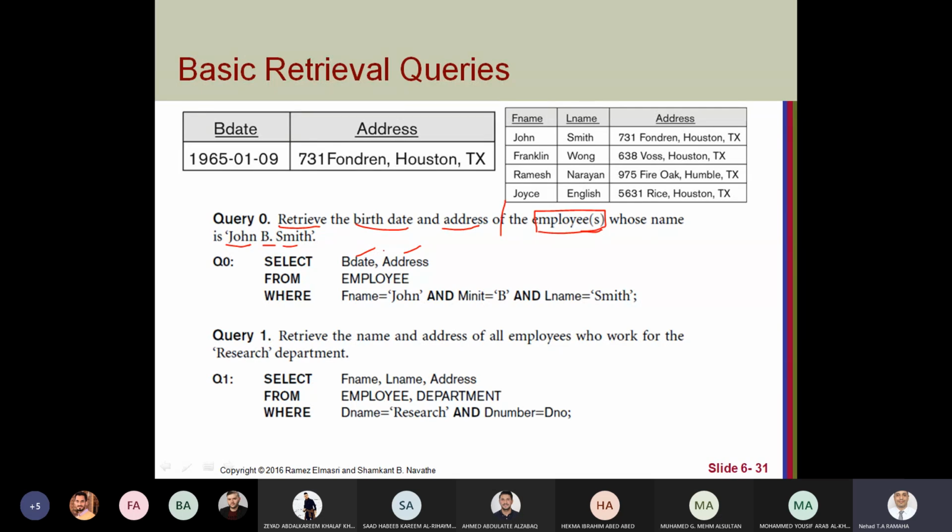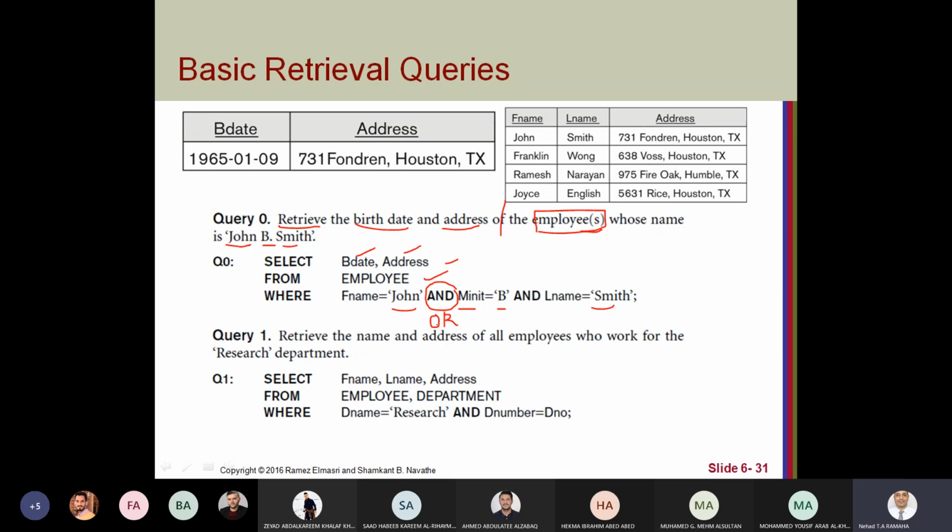So select birth date, address from employee, where first name is John, middle name B, last name Smith. And we can connect conditions using and, or using or.